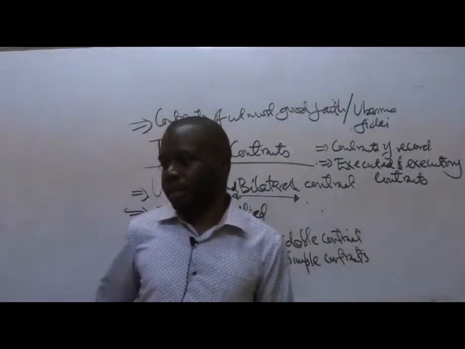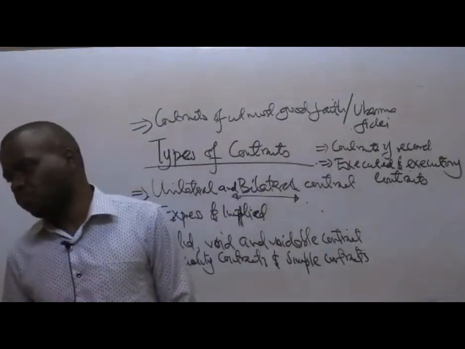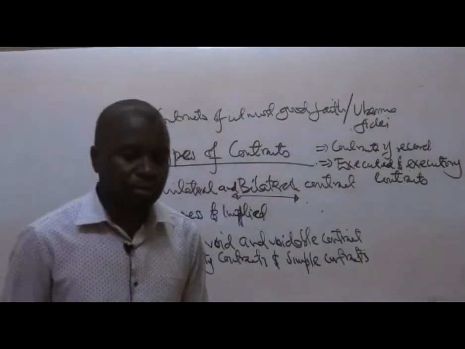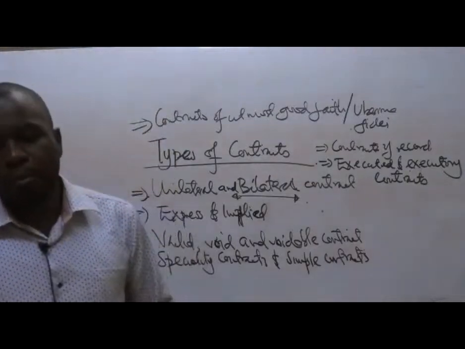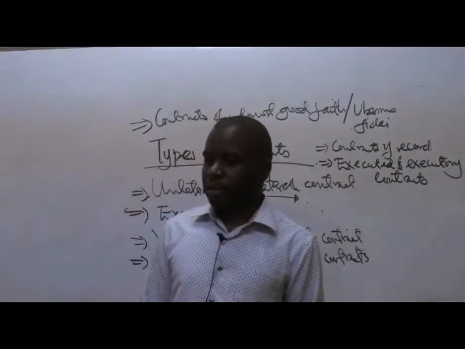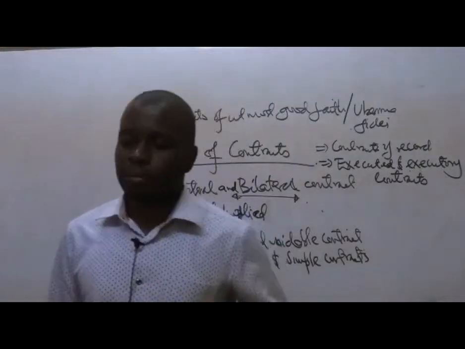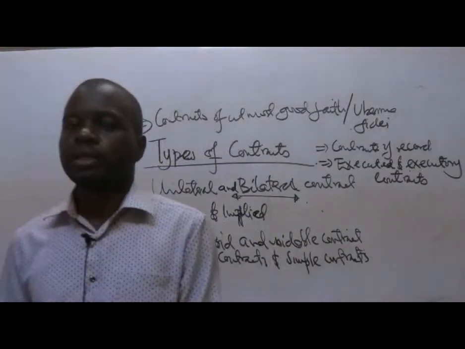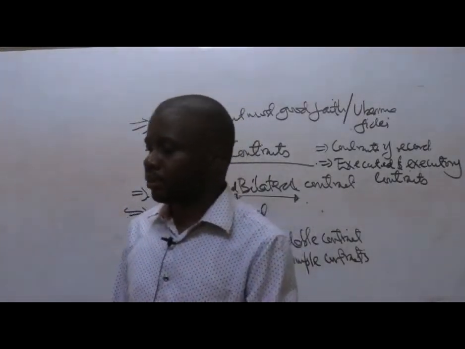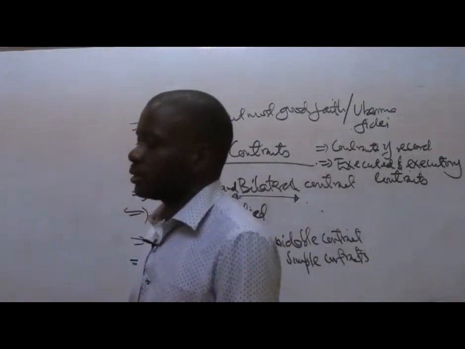The best example we can give is a promise to reward anyone who recovers a particular property, or a notice by the government that they are looking for a particular criminal, and that anyone who produces the criminal will be given a reward. So no one from the public is bound. Any person can identify the criminal from nowhere. They are not binding a specific member of the public to bring out this particular criminal they are looking for.